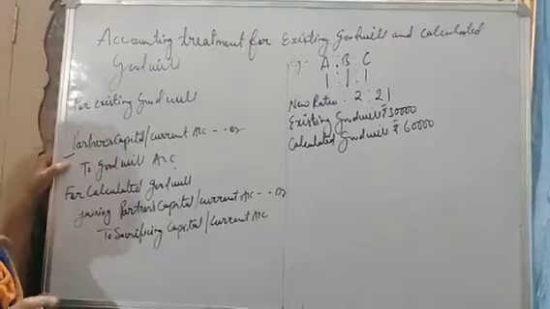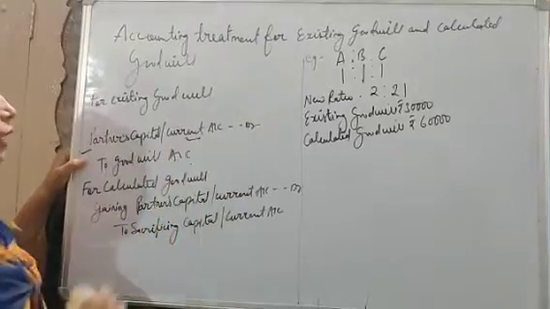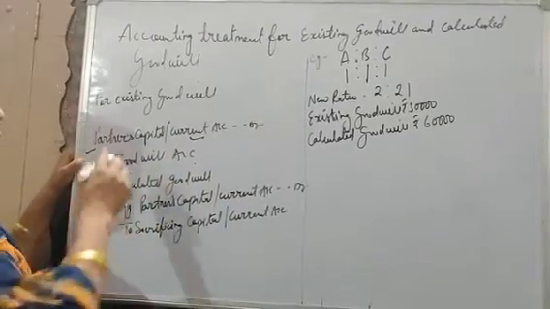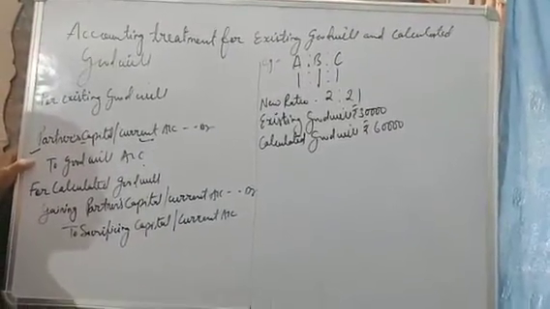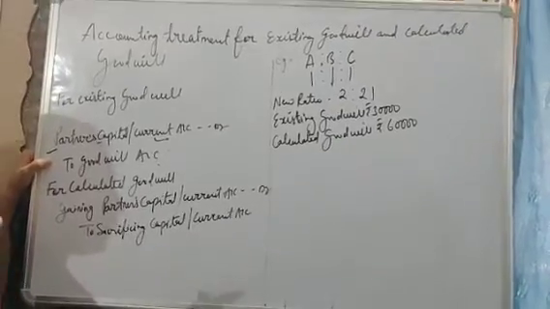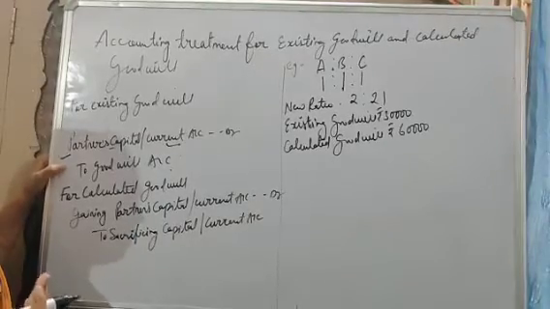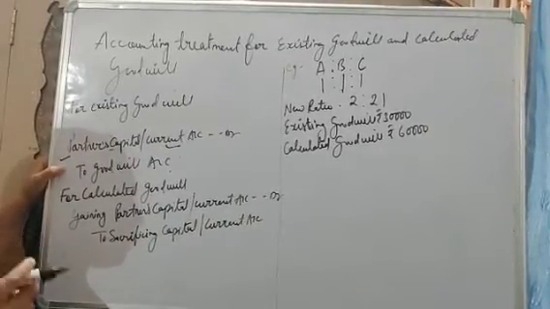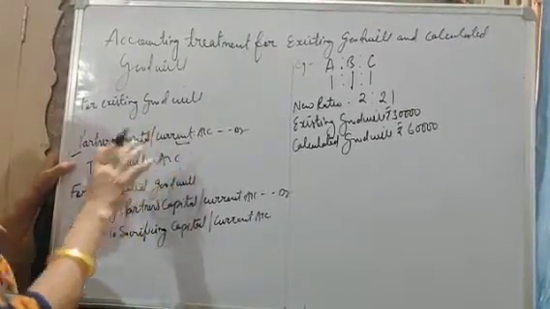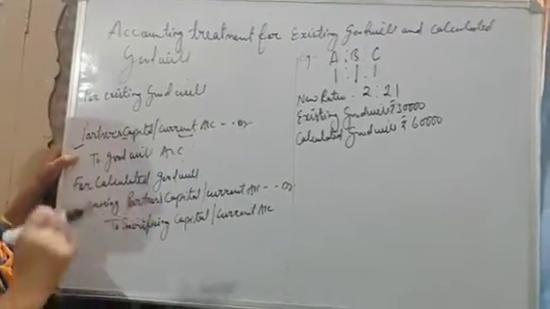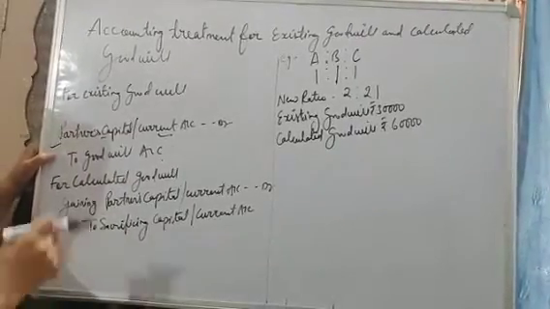Here you have to understand, if partners fixed capital accounts are there, then you will use current account, and if fluctuating capital accounts are there, then you will use partners capital account only. It is very important that in each and every question you have to see whether it is fluctuating capital accounts or fixed capital accounts, because at the time of examination when we are checking your copies, marks are cut on that basis. Sometimes we will not give any marks if it is a fixed capital account and you write partners capital account instead of current account. So that is a very important point, you should keep it in your mind.